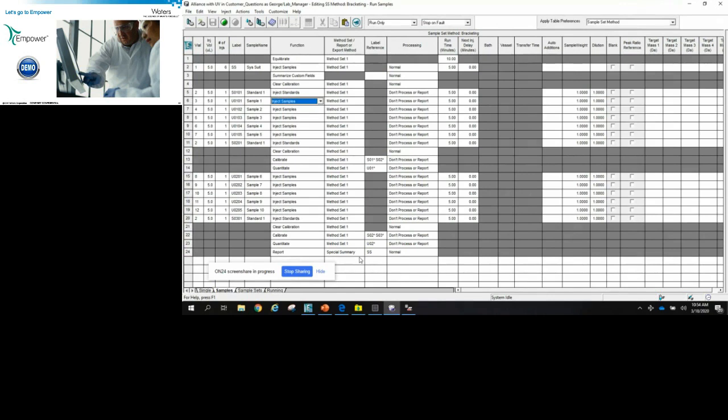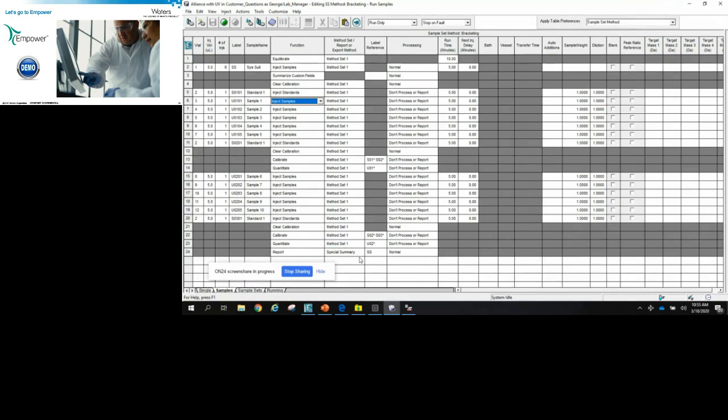There is nothing preventing you from creating multiple method sets and then having a line to equilibrate with the first method set, which would contain the first instrument method, make the injection of the sample. Then the next line would be equilibrate with method set 2 containing instrument method 2.